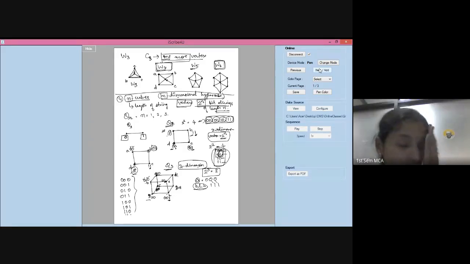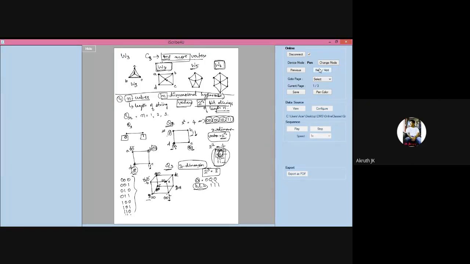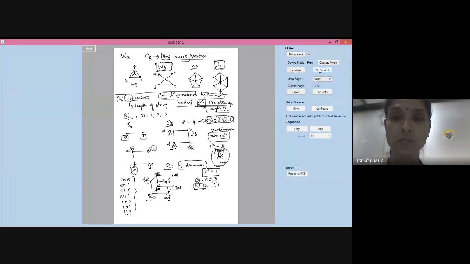All right. It's a simple one. That's a different type of graph. This kind of graph is called an n-cube or n-dimensional hypercube. Clear to you all? Let's proceed. Next, we'll move on to a very important topic. Let me take the next page.